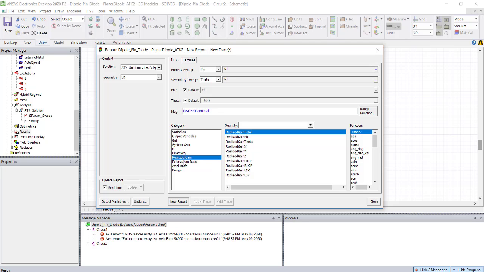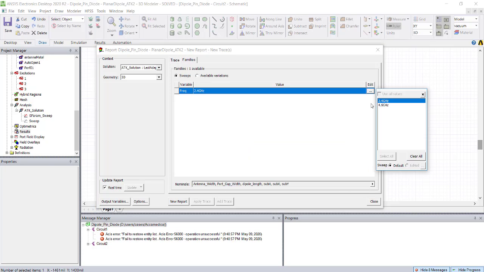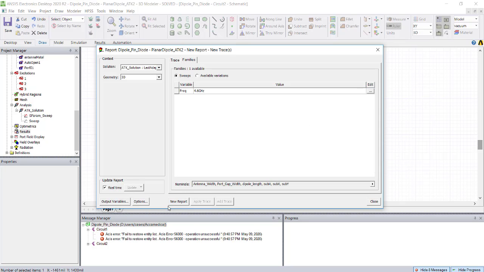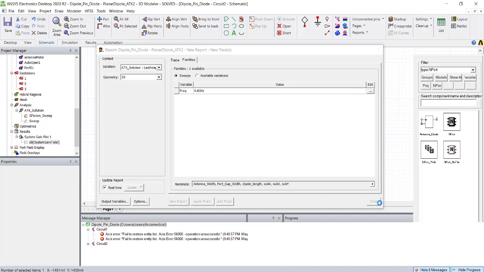The moment your data is coming from the circuit, instead of using gain or realized gain, you have to use system gain because the system is controlling your gain parameter. Go to system gain, go to dB, and under the adaptive pass we did the adaptive pass for 2 frequencies, so we can select 4.6 and click new report.